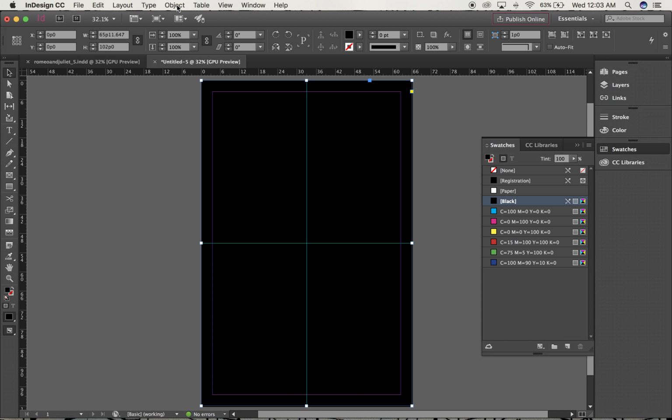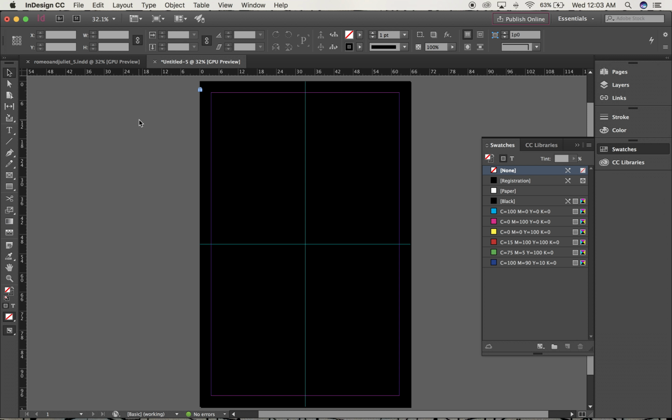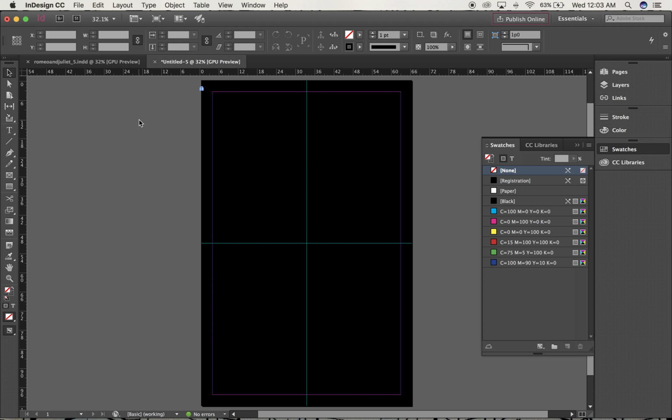Probably one of the next things I want to do though is go to Object and go to Lock. This will keep the black in the background, and it's not going to allow it to ever come to the foreground and cover up anything else that we're going to end up doing. Next step is I'm going to go place my